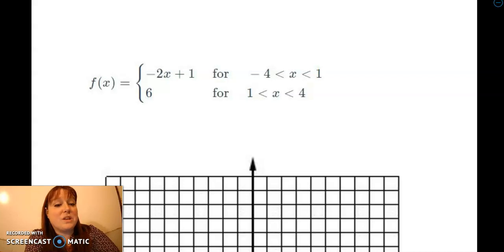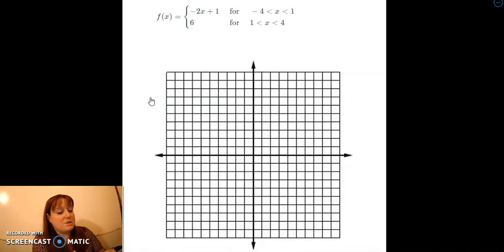How do I graph a piecewise function? They look pretty crazy, right? Well, remember, a piecewise function just says from -4 to 1, I only want to see this function, and from 1 to 4, I only want to see this function. That's all we do. So the first thing that I do, especially when I'm starting out with piecewise functions, is